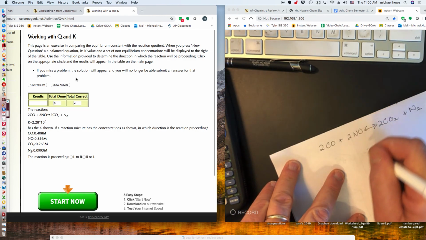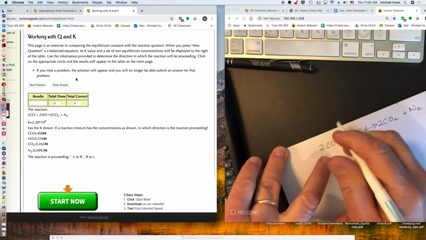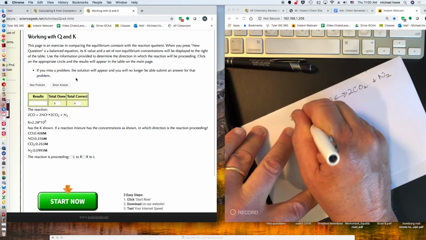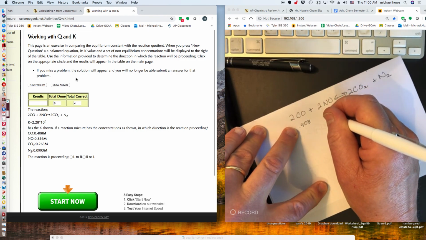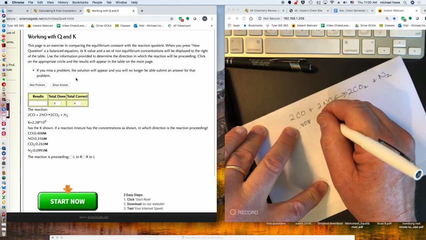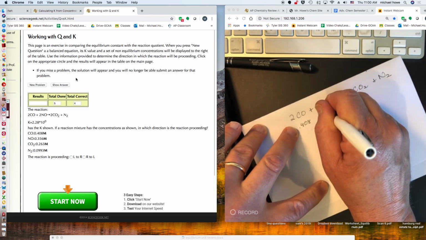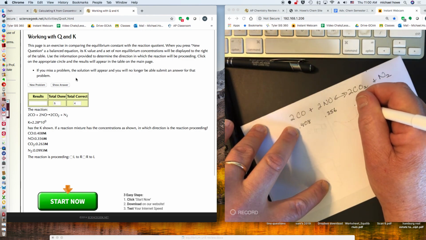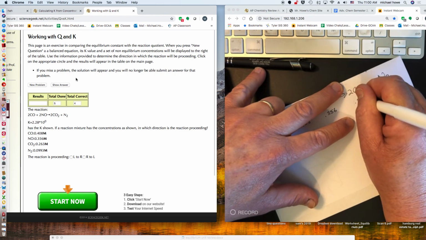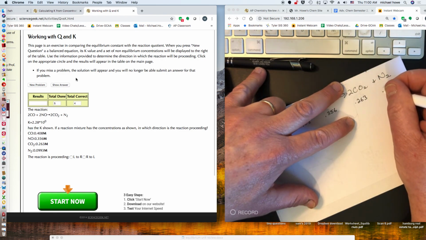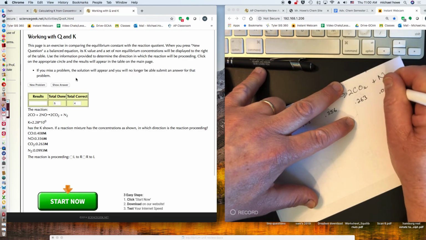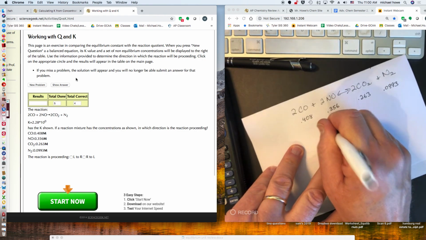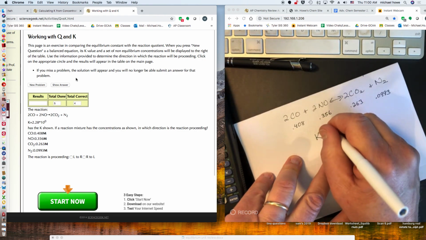All right, so in equilibrium situations, we've got the CO concentration is 0.408. And the NO concentration is 0.356. The CO2 concentration, 0.263. And the N2 concentration is 0.0993. All right, so our equilibrium constant, Kc, that's going to equal the CO2